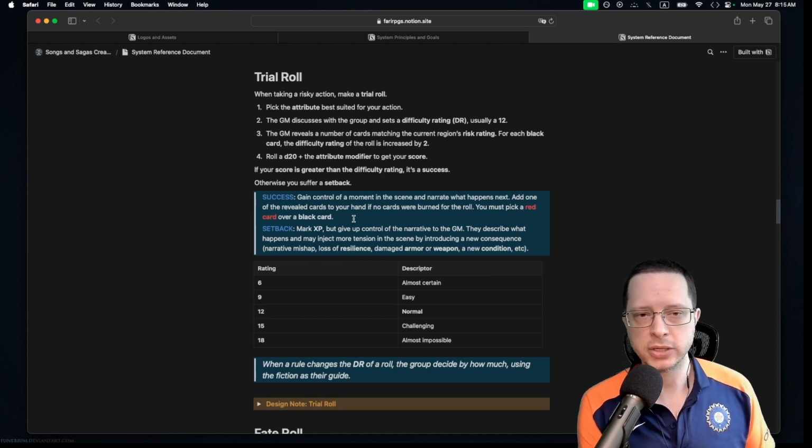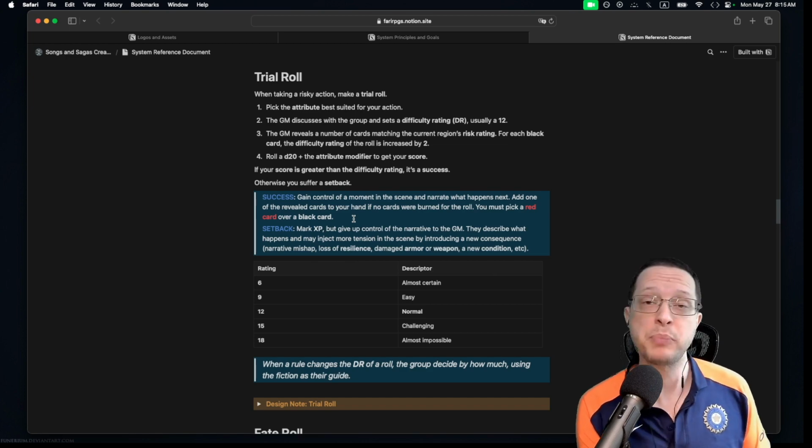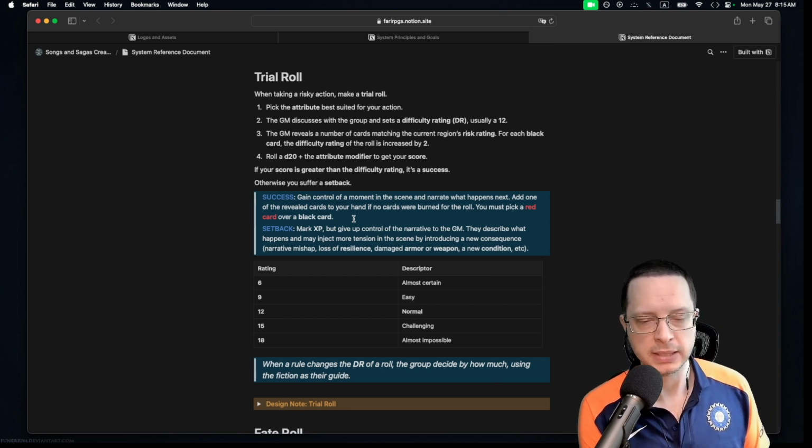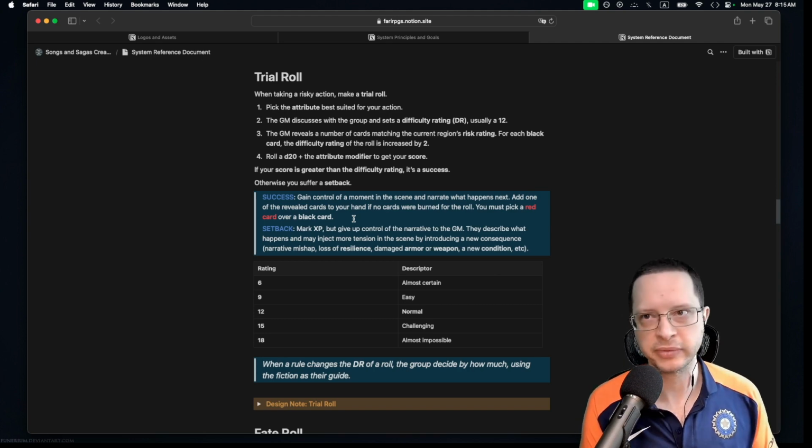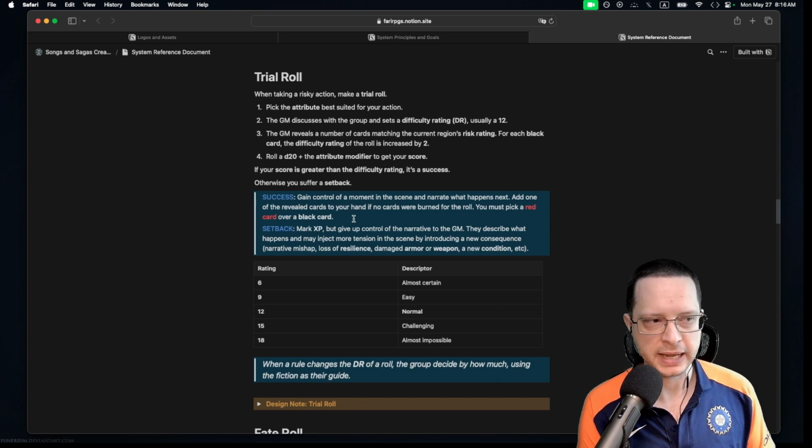And this actually has 2 different elements to it. The first is that I can use those cards to benefit me later, which we'll talk about in just a second. But the second element is that when that card is in my hand, it is not going back into the deck. And because it's in my hand and not in the deck, that actually increases the risk moving forward, because if there are more red cards out of the deck and in players' hands than there are in the deck itself,